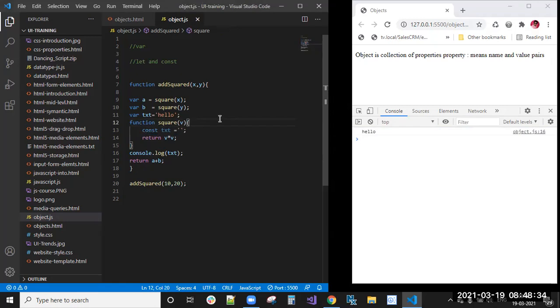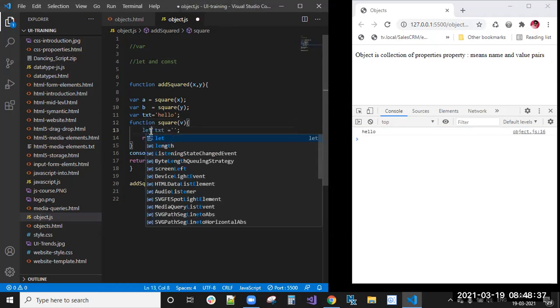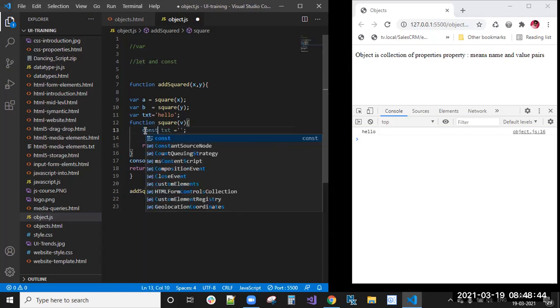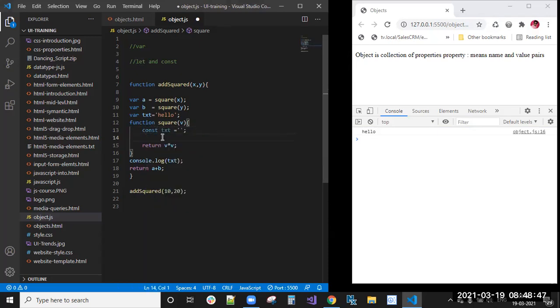The difference between let and constant is this. If you have declared a variable with const, and the initial value is empty, and you try to change the txt value to another value, like test, you will get an error, because a constant value means whatever you first assigned, you can't change it.